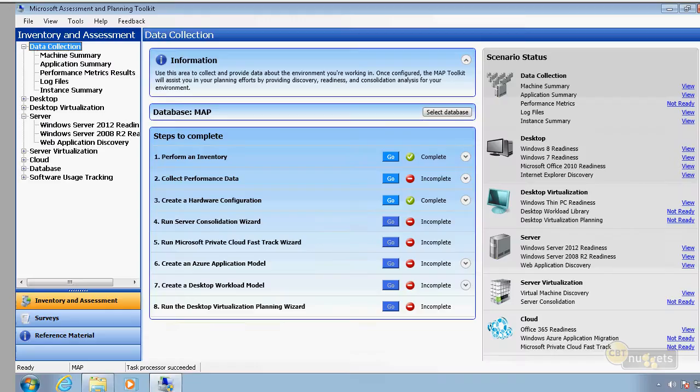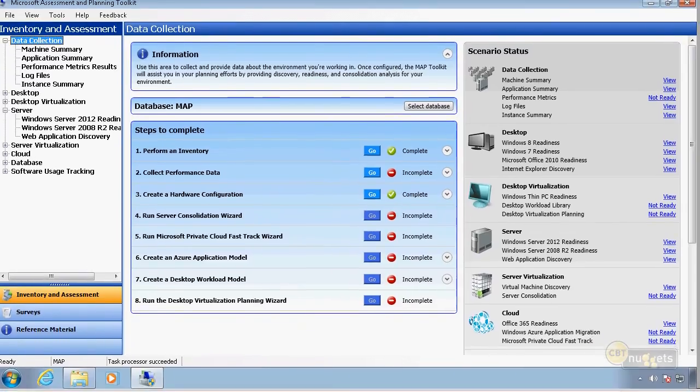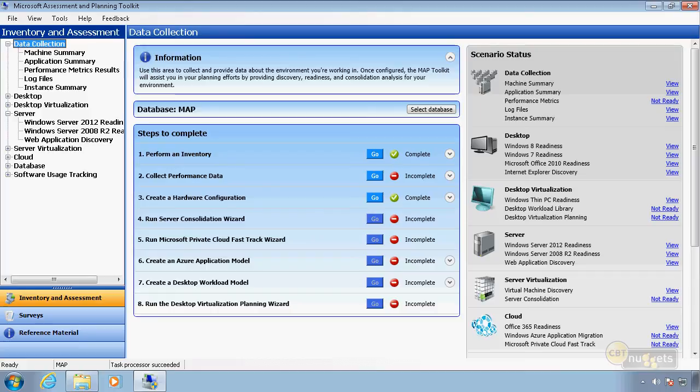However, I did go ahead and download it. It took me about an hour to get a lot of this stuff ready because there were some prerequisites I had to meet and so forth. Let me move this in here. It's actually in a remote desktop session. But one of the first things you'll do is perform an inventory. I've only got a couple machines on the network right now, so it didn't really do a lot there. I just wanted to show you the basics of how this will look.